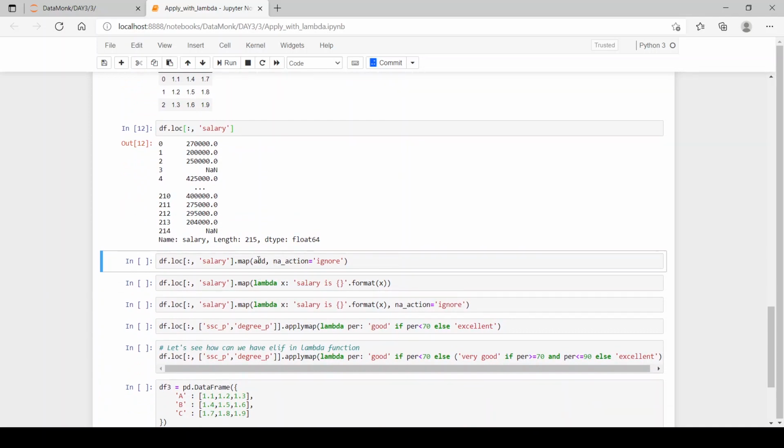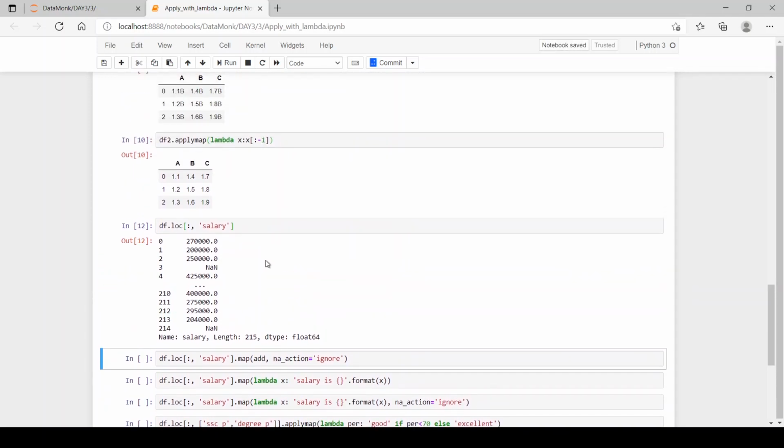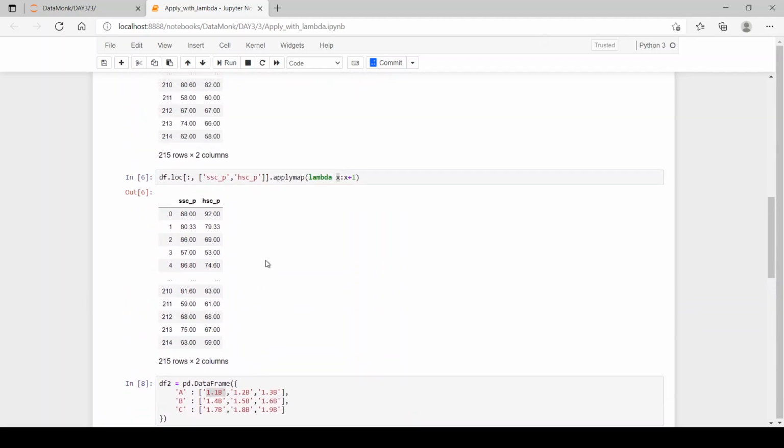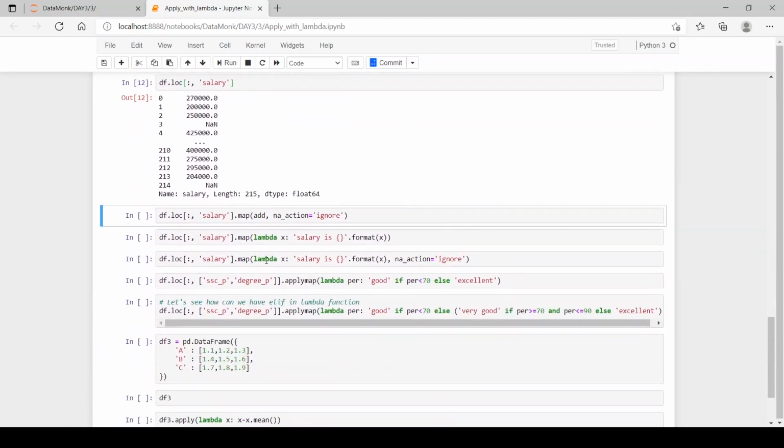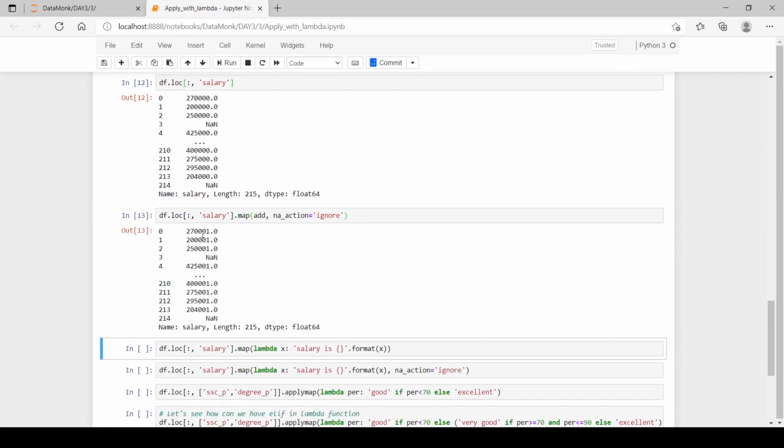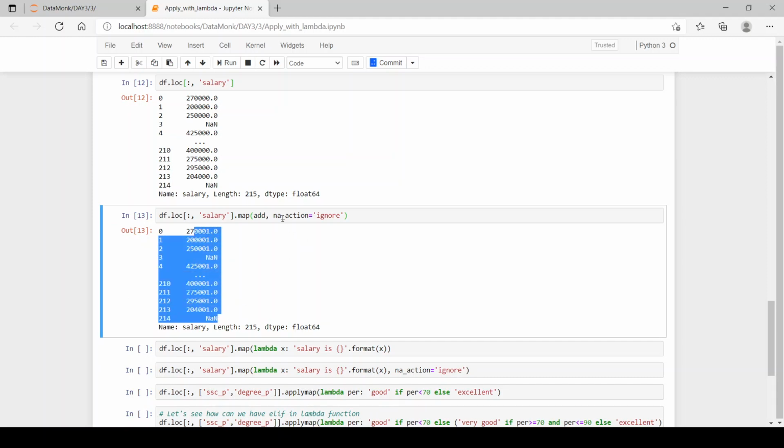Then let's add the function, like we have the add function over here. So we will add 1 to the salary column. Now you can see 1 is added to each and every element of the column, but here as you can see there are NaN values, so numeric or arithmetic operations cannot be performed on NaN values.